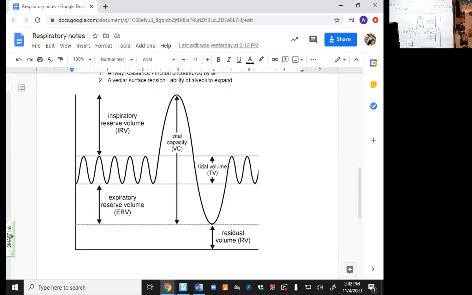A couple different things I want to talk about. First one is tidal volume. Tidal volume is your normal in and out breathing without thinking about it. Now, if you look at this chart, it's not labeled. It probably should be labeled. We're talking about the volume here on the y-axis and time on the x-axis. So this person is breathing normal. The doctor's not saying anything.